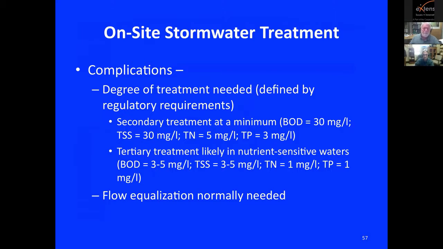What are some of the complications? The amount of treatment. The biggest thing is regulatory requirements are going to give you the biggest complications. Secondary treatment is required at a minimum, and that says you have to bring BOD down to 30 milligrams per liter, total suspended solids down to 30 milligrams per liter, total N and total P down to these limits. Tertiary treatment might be necessary in nutrient-sensitive waters, where tertiary means we're going to have to, by some method, take